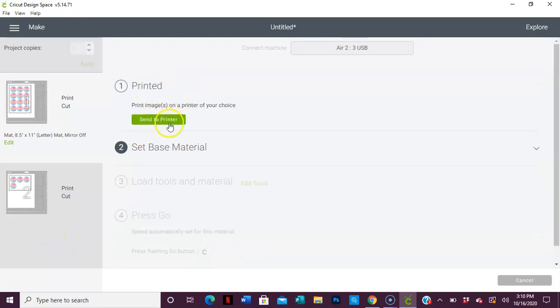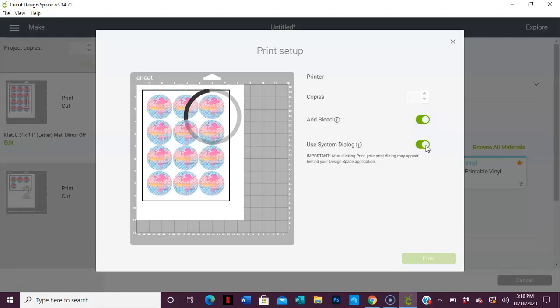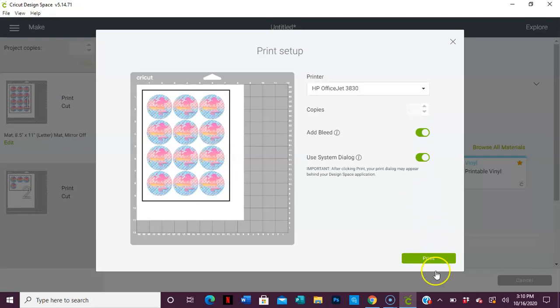Okay, let me go back to print it, because some people say that their ink smears and things like that. So what you have to do is go to Use System Dialog, and once you do that, let me maybe turn my printer on so I can give you my options. Once you do that, you can change your settings for whatever type of paper you want. So let that load up as well. Okay, now you go to Print right here. Once you click print, and whatever printer you're going to print from is on,